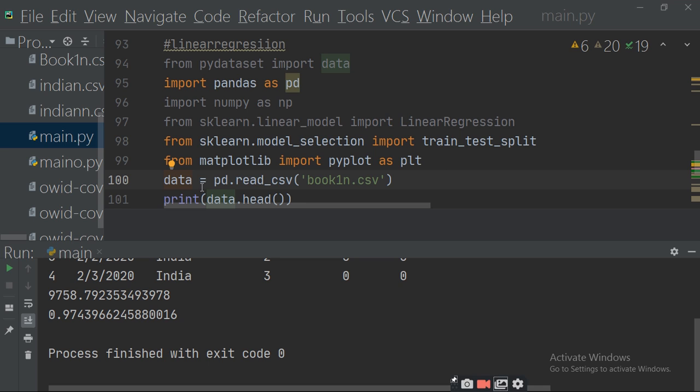Then we read the data by using the data object and using Pandas from a CSV file, which I got through Google, the real confirmed cases of the coronavirus. Then we read the CSV file from book 1 dot CSV. Then we print this data to show you, and then